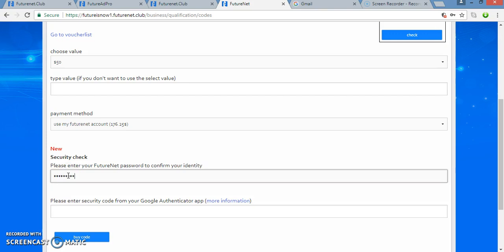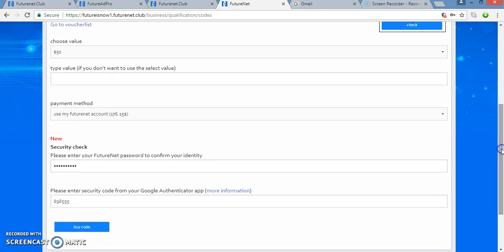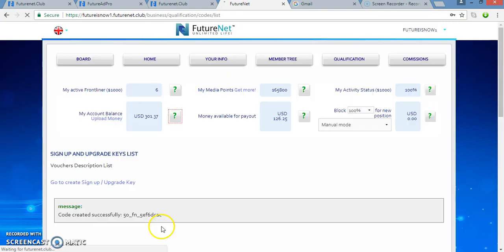And then not only that, if you have a Google Authenticator, you must also put in the digits that you get on your Google Authenticator here. So once you put in the code from your Google Authenticator for security purposes, then you can click buy. For those that don't have the code for Google Authenticator, you don't need to put anything of that nature. So now the system shows you that the code has been successfully created. Then you can just copy the code, and then you will use it to purchase on